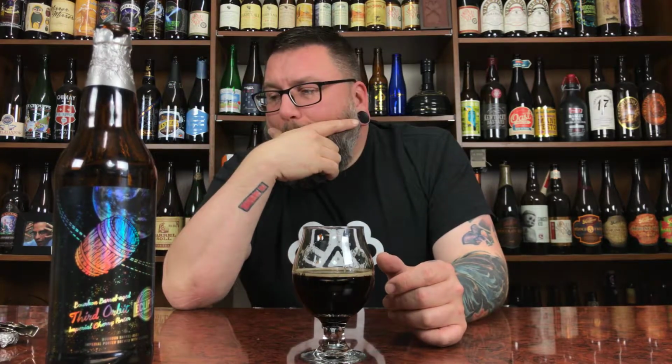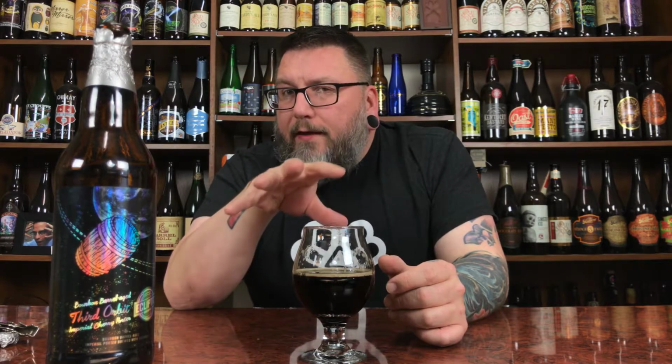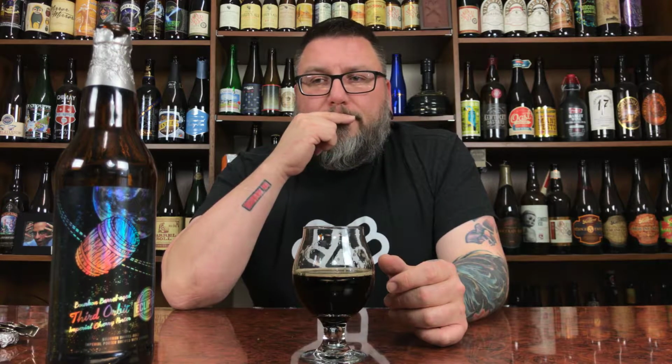Is it one of the better bourbon barrel aged Imperial porters? I mean, the list is very small with that. Is it one of the better lower ABV, let's go there, lower ABV barrel aged dark beers I've had as of late? Yes. Maybe not the best, but I can't think of one better right now. But yeah, usually when you get down in that 8-9% range,